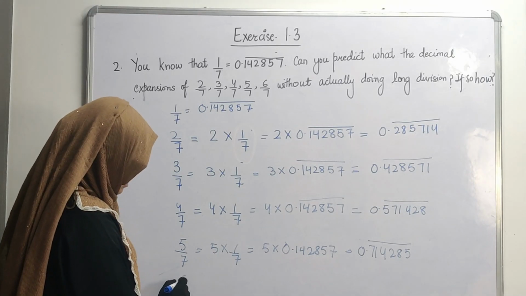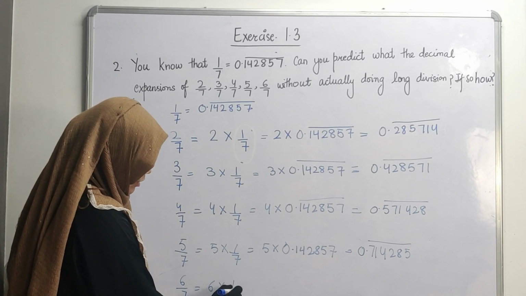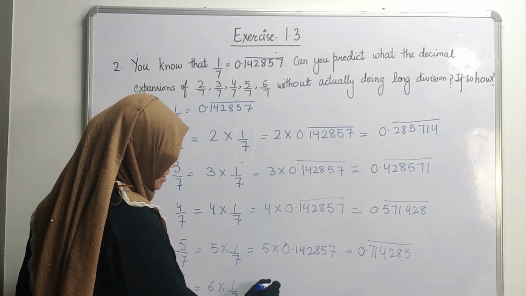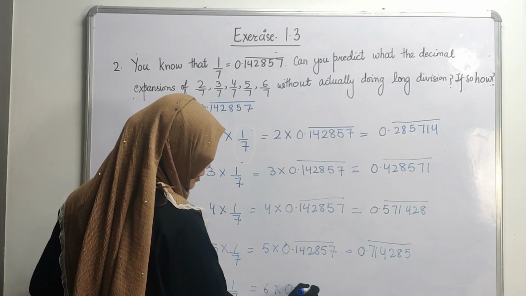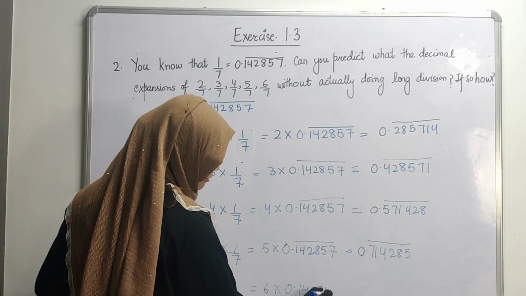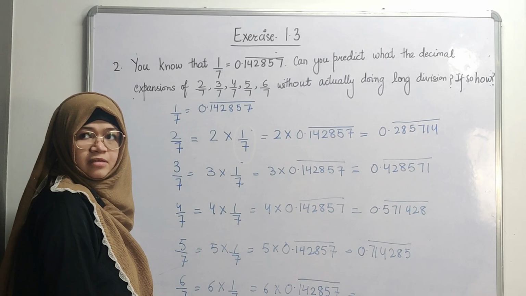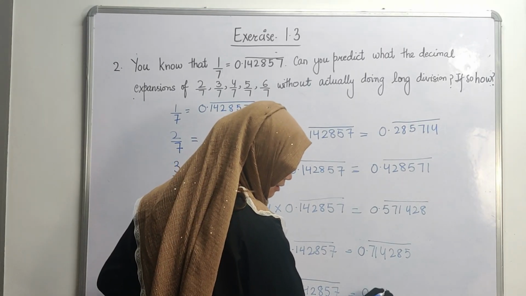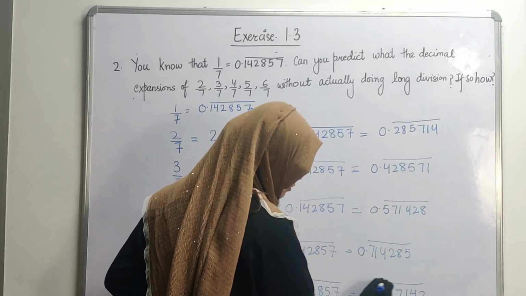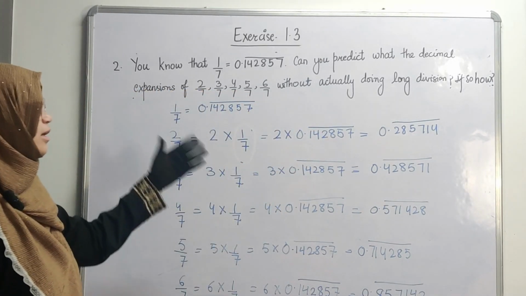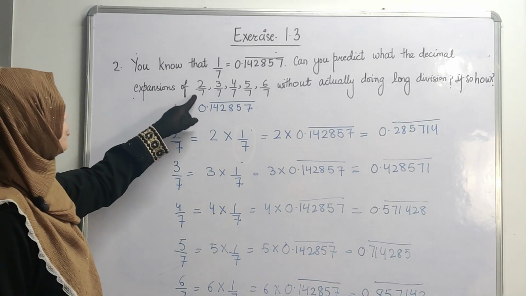And last, 6 upon 7. 6 multiplied by 1 upon 7. 6 multiplied by 0.142857 whole bar, and your answer is 0.857142 whole bar. So you can see how you can simply find the value of 2 by 7, 3 by 7,